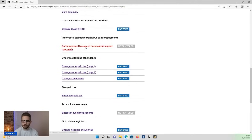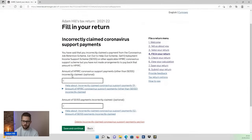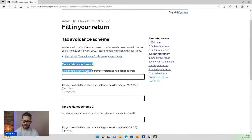By clicking on each link, you can see here that HMRC will request additional details about the amount of coronavirus support payment that you incorrectly claimed, and the amount of SEISS payments incorrectly claimed, which is an additional support payment. And then under the tax avoidance scheme, the additional details that you're required to enter, as mentioned, you have more than one tax avoidance scheme, and again, you're required to provide a reference and then give details about when the